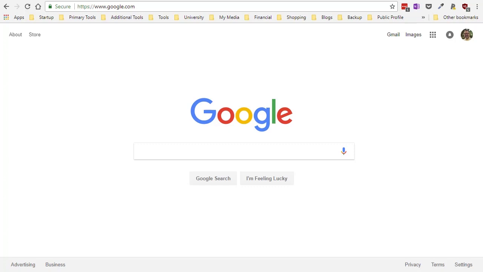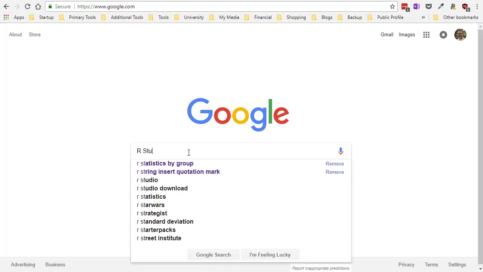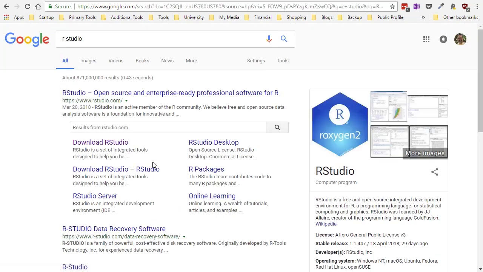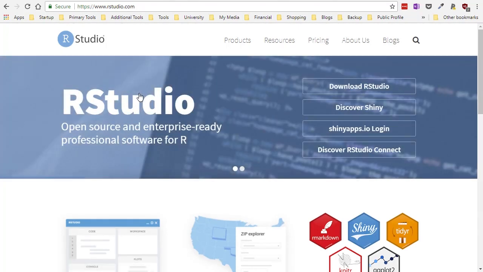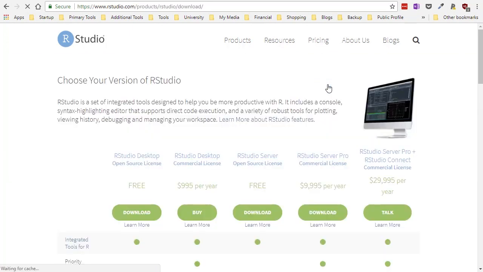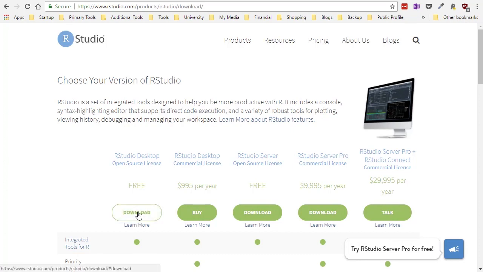So to install RStudio, first of all, we need to download the software. So I am going to search on RStudio, and here it is. You should see RStudio. Notice it's open source. Once I click on RStudio, then I can click on Download RStudio. And I like free, so I'm going to come over here to the RStudio desktop and click to download free